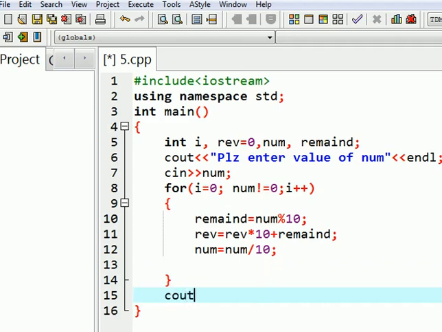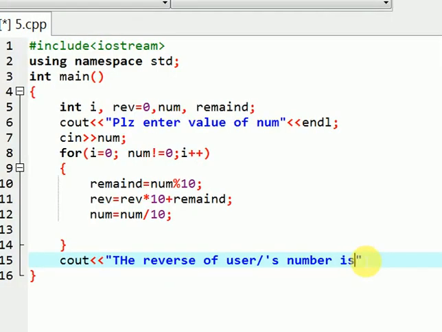Now display the reverse of this number. The reverse of user's number is